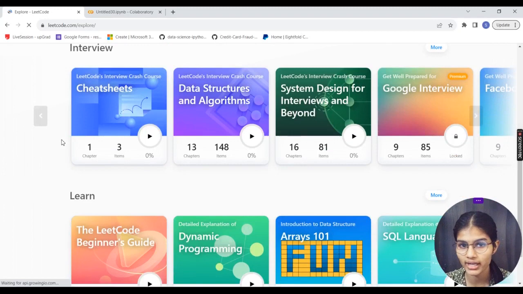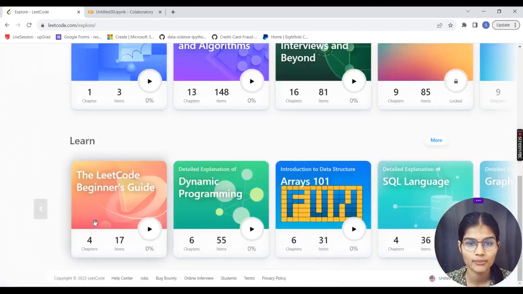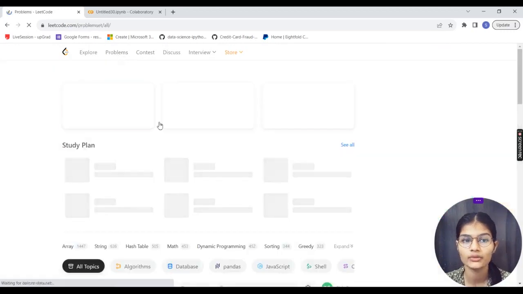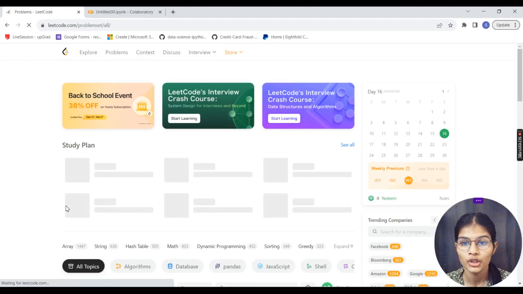For the interview, you have a lot of things, cheat sheets, DSA. If you want to learn something, you can go from here, and you have a lot of chapters to learn about these things, right? And if you want to practice the questions, just go to Problems. You get a list of a lot of problems to practice.